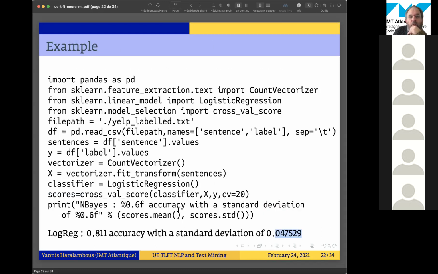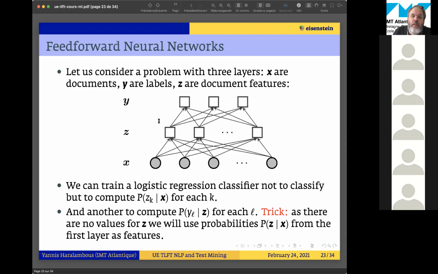Okay, so it's time to take a break. Many of these things you knew already, but I wanted to introduce notation, be clear about concepts, and I wanted you to get used to these formulas, since we are going to use them with neural networks. So let's take a break.